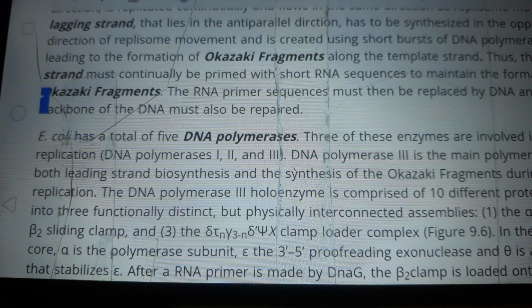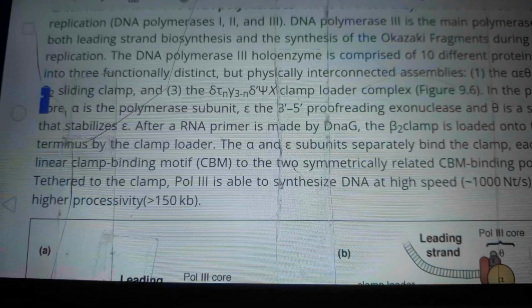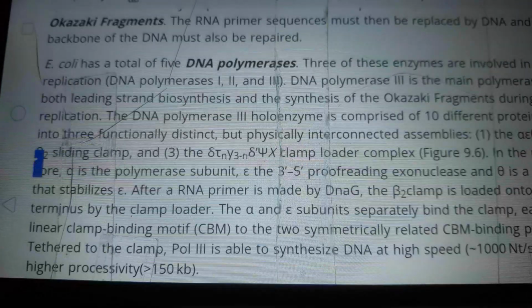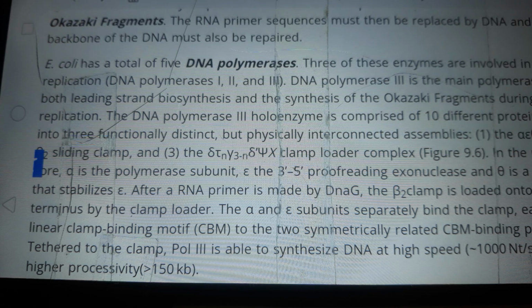The RNA primer sequences must then be replaced by DNA, and gaps in the backbone of the DNA must also be repaired. E. coli has a total of 5 DNA polymerases. 3 of these enzymes are involved in DNA replication, DNA polymerases 1, 2, and 3. The DNA polymerase 3 is the main polymerase involved in both leading strand biosynthesis and synthesis of the Okazaki fragments